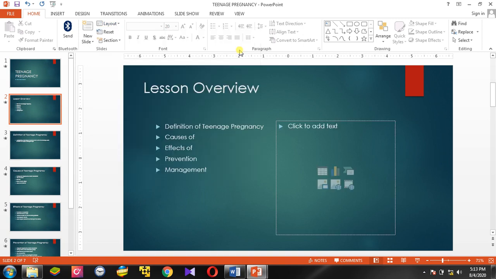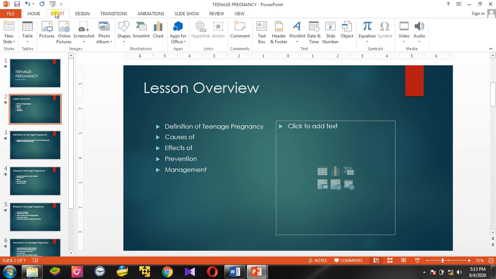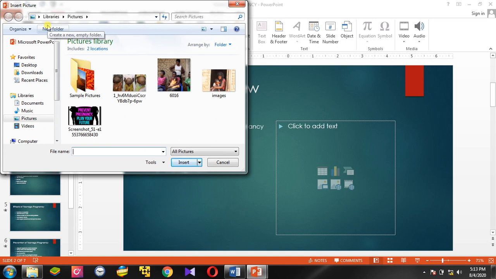option. So there we have it. We have added a second placeholder. Now let's go ahead to add our picture. We are told to click the Insert tab, and then we click the Pictures button. Once we click the Pictures button,